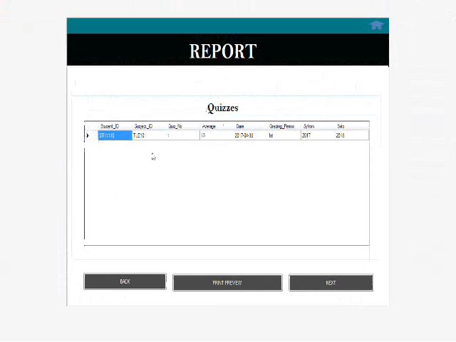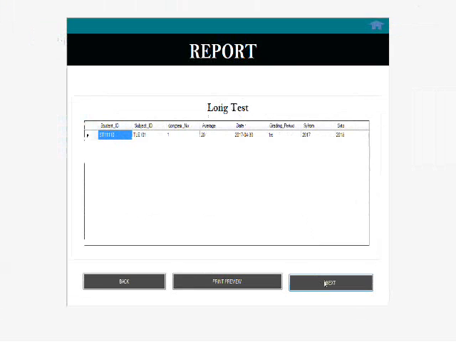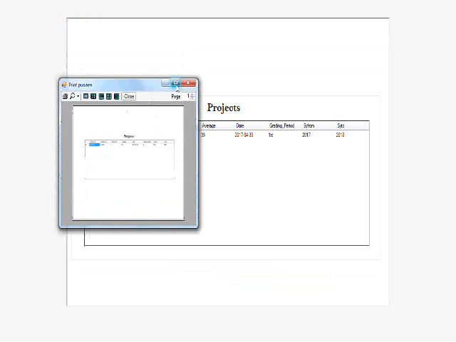Next, quiz here, and like before, you can preview the print. So there it is. Next, long test, print preview, long test.